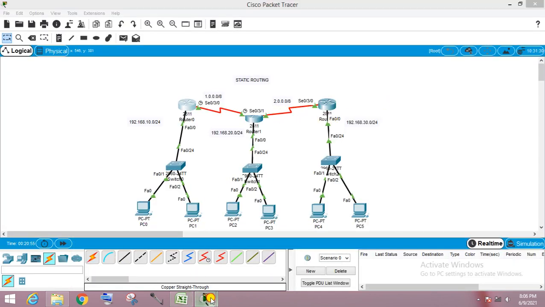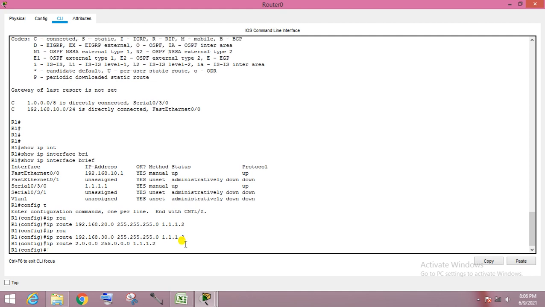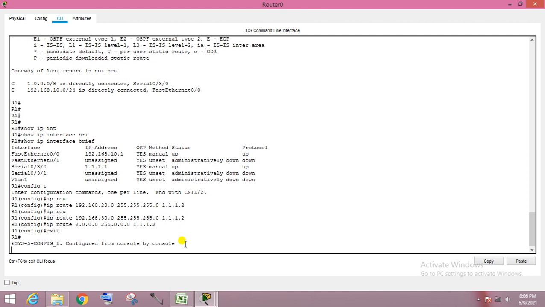So for this route we also have to add: IP route 2.0.0.0, because of the class A IP address, 255.0.0.0, and the next hop will be the same, 1.1.1.2. Here we have done the configuration for this router.